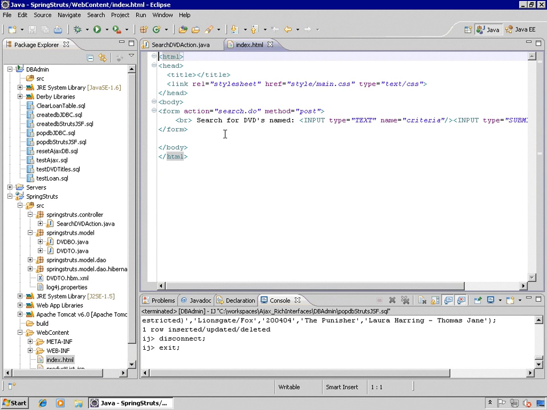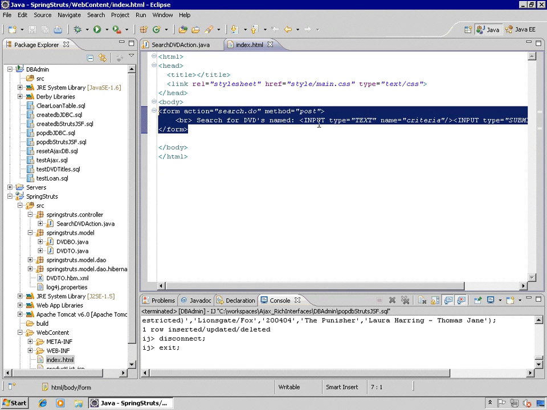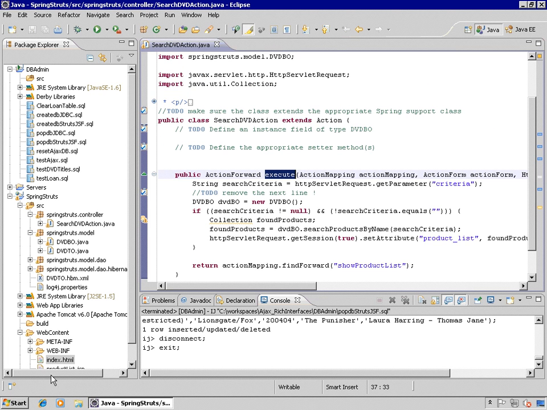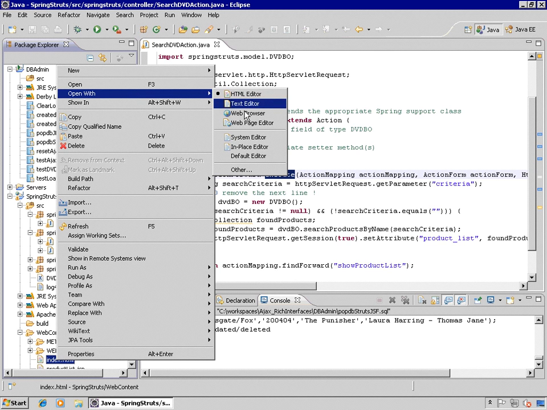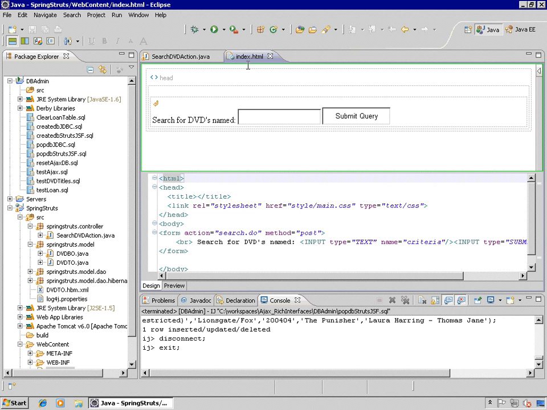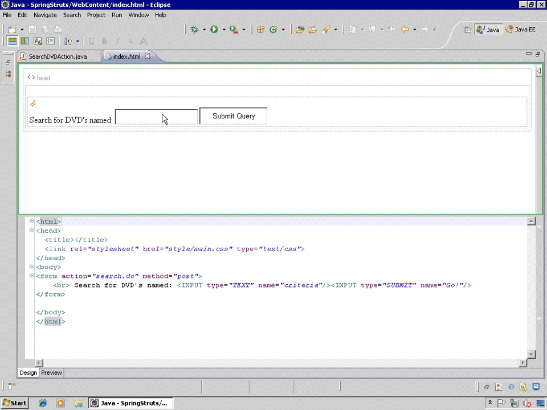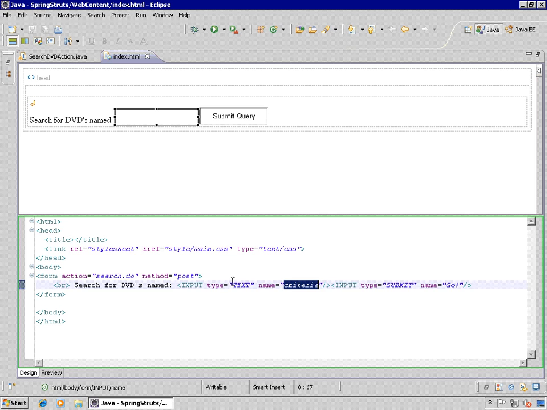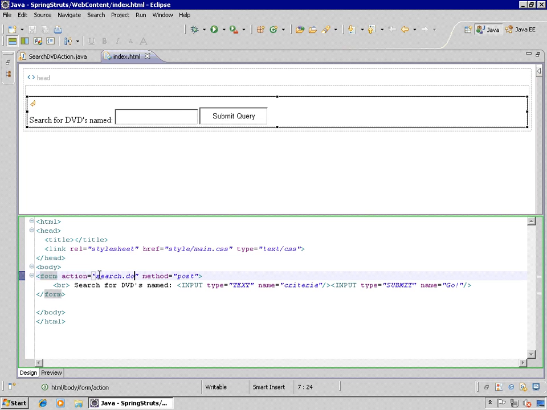Let's take a look at index.html briefly, and we see here that it's basically a search form. Actually, let me open index.html in the web page editor, so that we can see a split screen. And we see that this comes up with basically just search for DVD's name. It's just a simple form with one field, and that's going to be criteria. Name equals criteria, type equals text. It's a text field and so forth. And then we have a submit button, name is go. And the main thing I was pointing out to you is this is the name of the action, search. And we codify that by calling it search.do, which indicates it as an action,